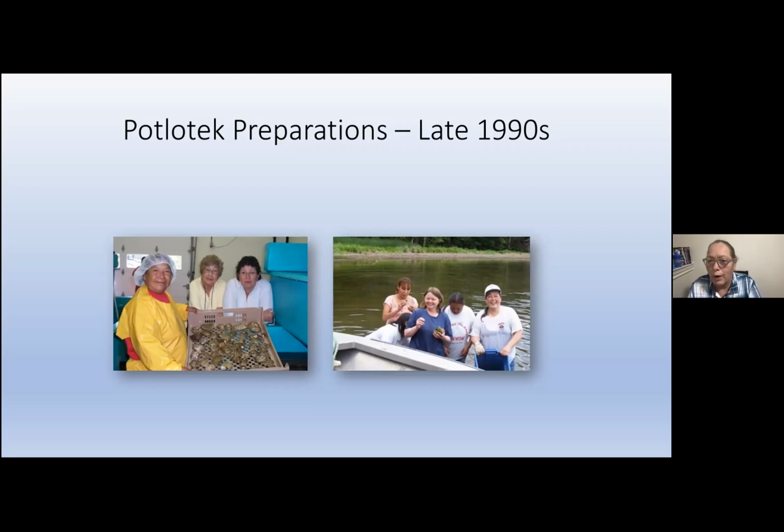We're not picking rocks, but we're picking oysters. And some of them said they look like rocks. Oh, they're not rocks, they're oysters. There's actually food inside of these. And we've got about 33 oyster leases,